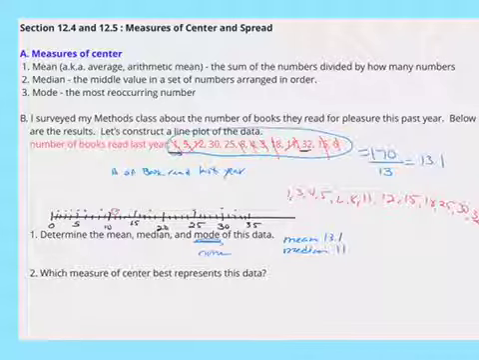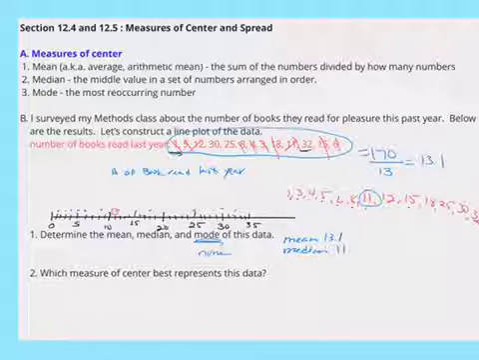So that should be 1, 2, 3, 4, 5, 6, 7, 8, 9, 10, 11, 12, 13. And I'm going to go over to my seventh value, which is going to be 1, 2, 3, 4, 5, 6, 7, which was 11. So I calculated my mean to be 13.1, my median was 11, and my mode, I didn't have a modal